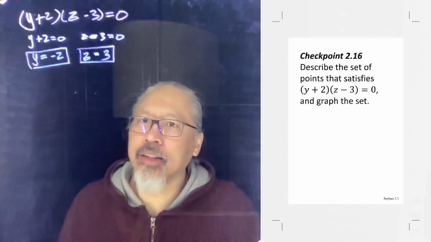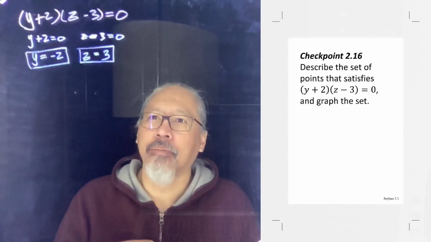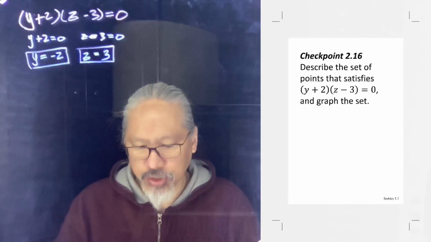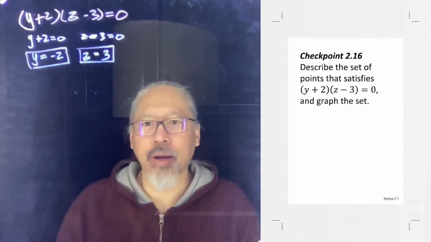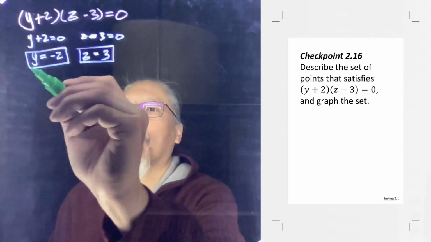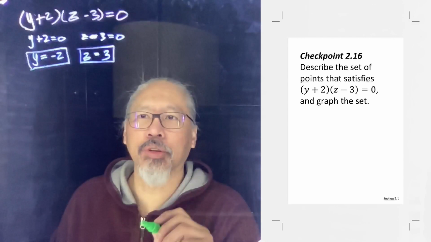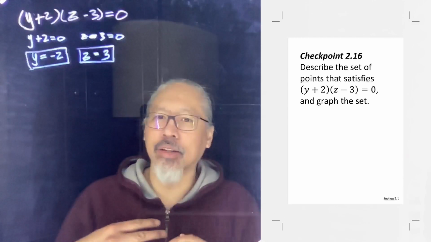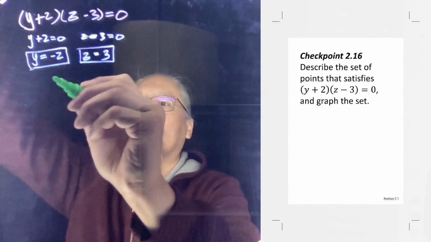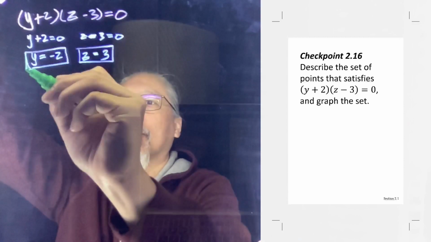If we take a look at these as a way to describe a set of points in 3 dimensions, we can imagine that when y is equal to negative 2 as our only restriction, it doesn't really matter what x and z are equal to. So if we focus on y equal to negative 2,